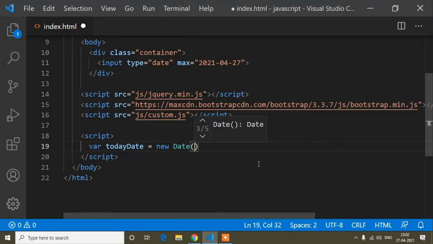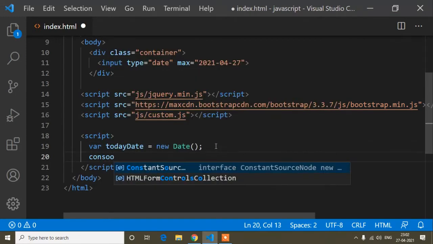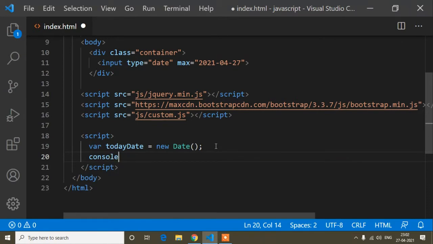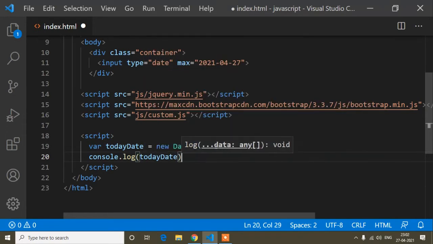This is the predefined method for getting the date. So now if I console.log and print today date, let's check what I'm getting here.